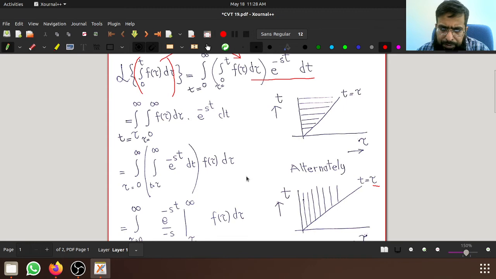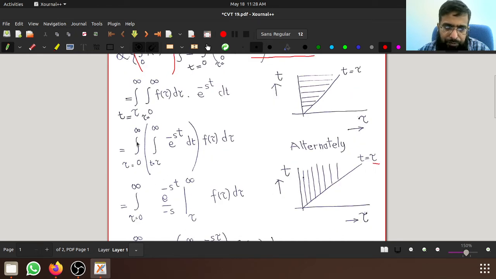So why are we going to represent this area, represented with horizontal lines, with vertical lines? We have done it to make evaluating these integrals easy, right? So how can we evaluate these integrals now? Let's take this tau from 0 to infinity integral as the outer integral, and take this as the inner integral. That would take this d tau out and dt will be brought in,